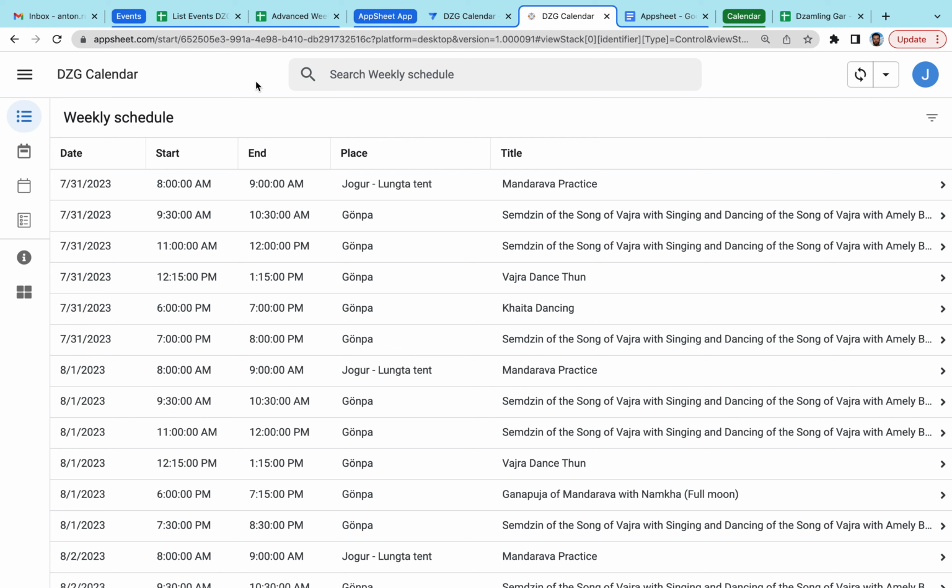And Sebastian showed us this AppSheet in the last Mandarava group chain, where we had the schedule made with the AppSheet, and all people appreciated it, and even some people, at the beginning it was not so easy for them to understand how to use this. We explained to them, and then everybody was happy. So we have some good experience with this, and we may consider using it again.